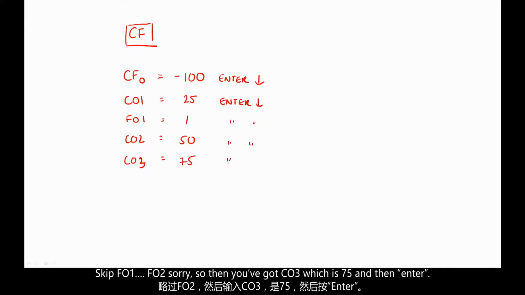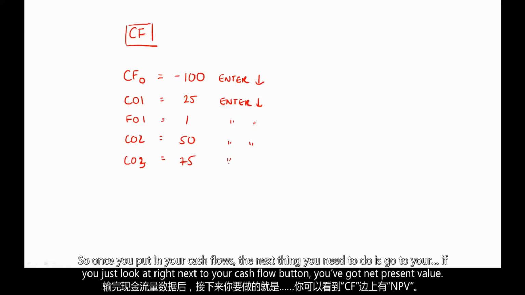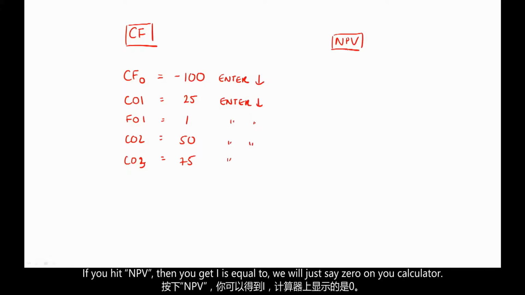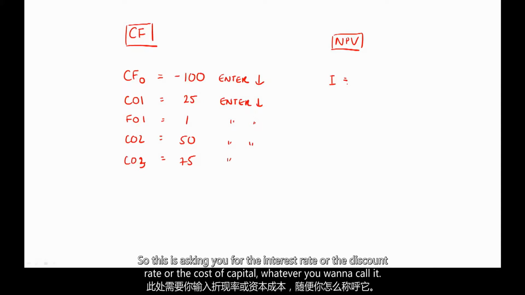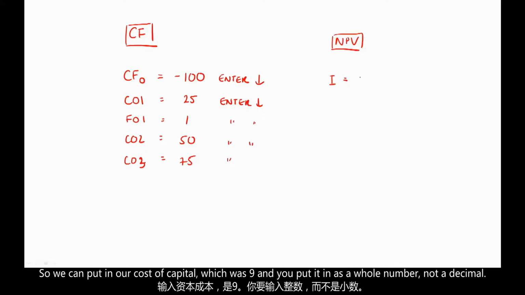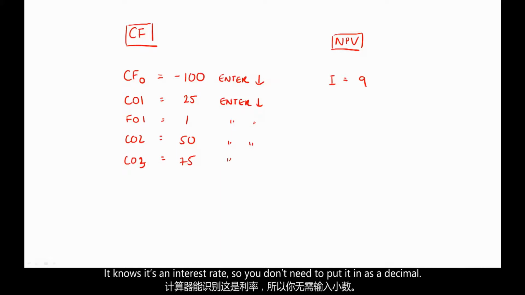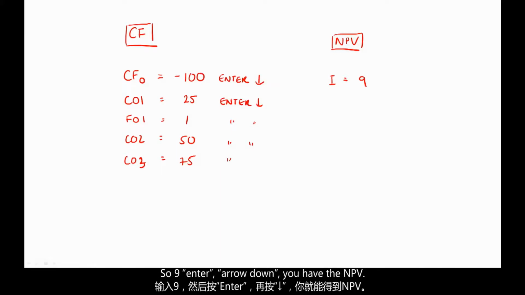And then enter. So once you've put in your cash flows, the next thing you need to do is, if you just look right next to the cash flow button, you've got net present value. And if you hit net present value, then you get I is equal to, and it will just say 0 on your calculator. So this is asking you for the interest rate or the discount rate or the cost of capital, whatever you want to call it. So we can put in our cost of capital, which was 9, and you put it in as a whole number, not a decimal. It knows it's an interest rate. You don't need to put it in as a decimal. So 9, enter,